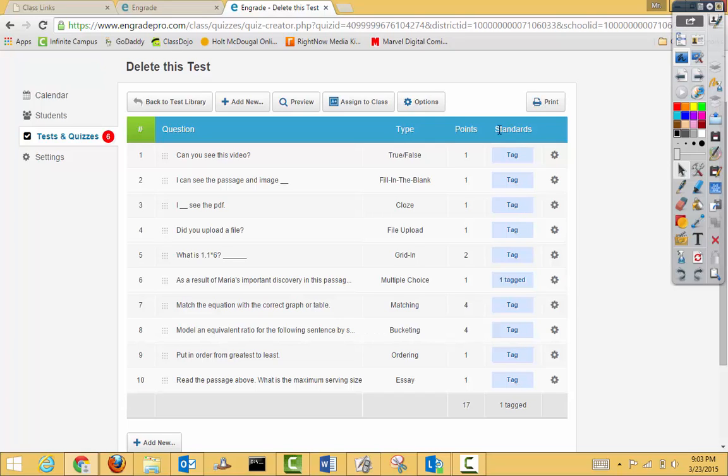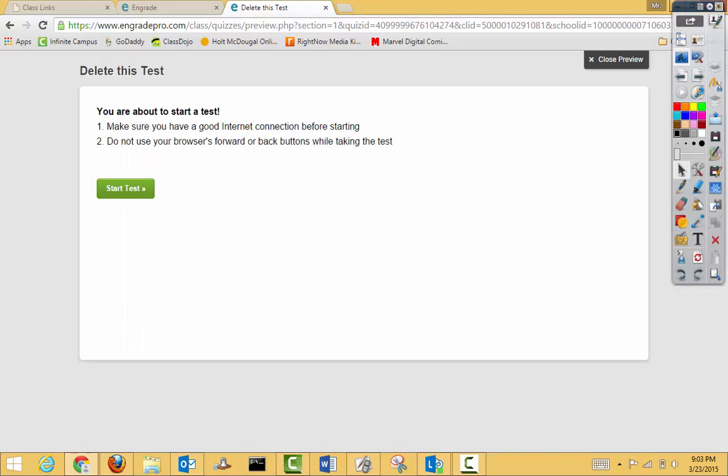Alright, so what I'm going to show you is just what it would look like to the students. So the students are going to see this exact page. It's going to say these directions. You're about to start a test. Make sure you have a good internet connection before starting, and do not use the browser's forward or backwards button. This right here, they click on